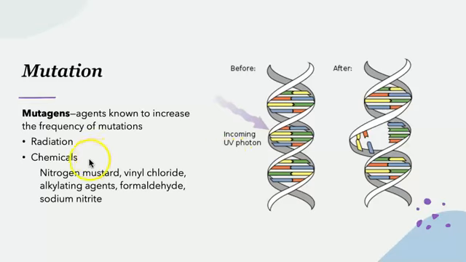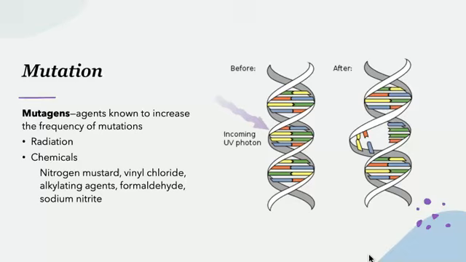We already mentioned some of the chemical mutagens. I'll just mention some of the ways in which they can cause damage to DNA. For instance, nitrogen mustard is an alkylating agent, and that can add alkyl groups to the DNA, which causes cross-linking and mispairing during replication. Vinyl chloride is a known carcinogen, and this can form DNA adducts and induce more point mutations. And this can lead to things like liver cancer and